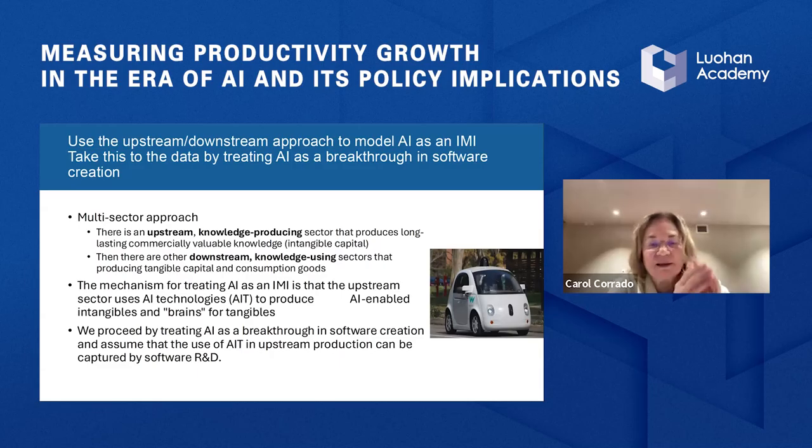And the idea is the upstream sector produces intangibles that are used in the downstream sector. So that's where you get the basic intangibles entering into the production function. But it doesn't preclude AI as an IMI, and the mechanism for modeling that